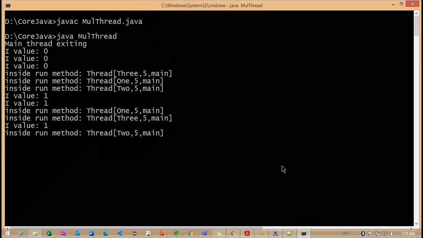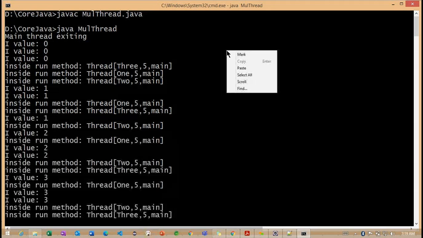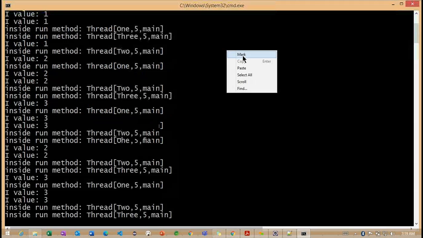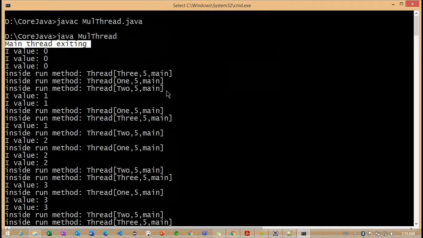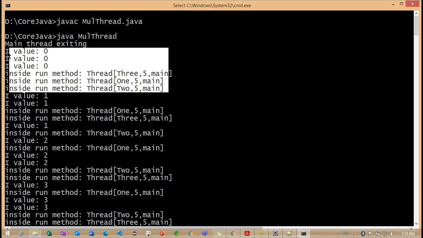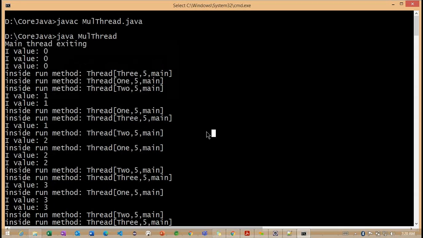Now you can observe that the main thread executes first, and later the remaining threads, the 3 child threads we created, are executing.